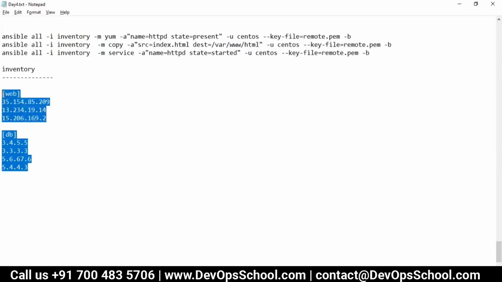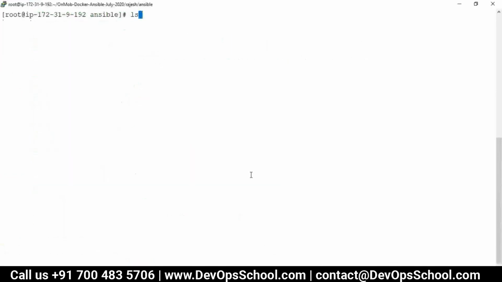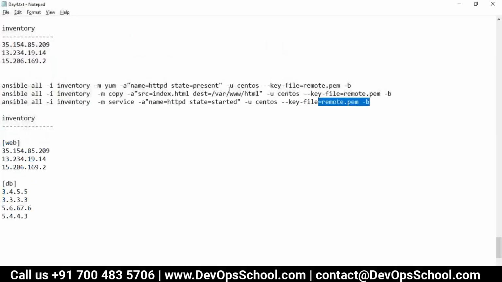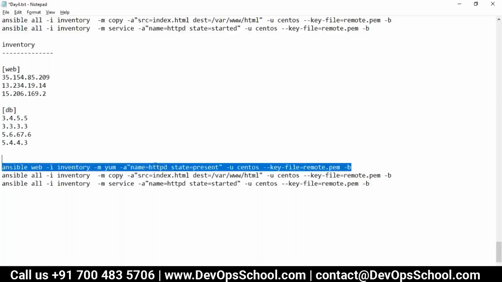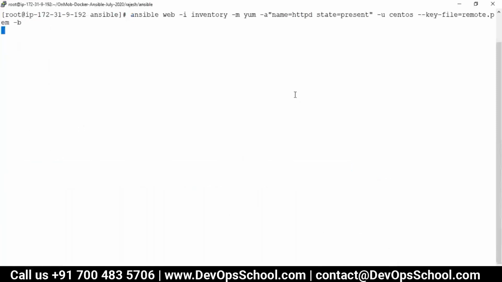So here, I've got two inventory groups: the web group and the DB group. Can I paste this code in my inventory? And see here, now do you have a group? Which one? Web. So now this command will change to web because you want to run only on this, not on the DB. If I run the DB, it will fail because that is not existing. So now let me try this one with web. Clear the screen. This is the web group of the inventory.